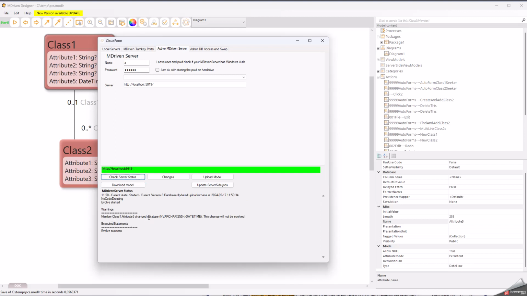you now get a clear warning that this used to be a string type in the database, but now it should be a datetime, and it also says that this change will not be evolved. This is because we can't do this, as we don't really know how you want to transfer the data. Of course, the simple